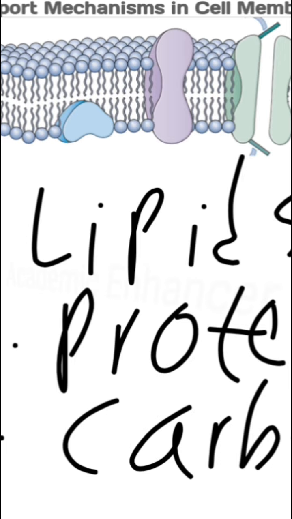But the major component of the cell membrane is majorly the lipid, then followed by the protein, then followed by the carbs, the carbohydrate. So let us look at the lipid. We are going to